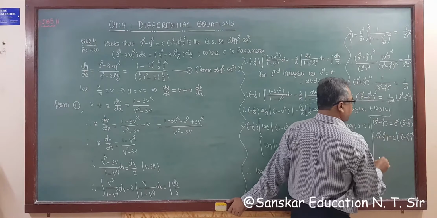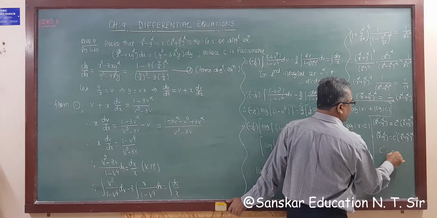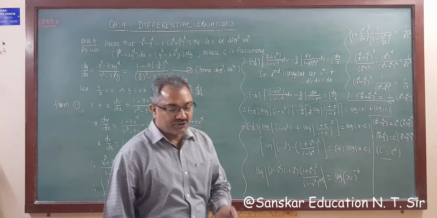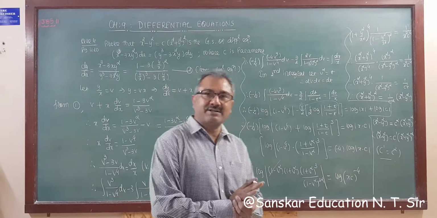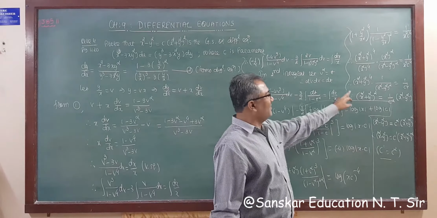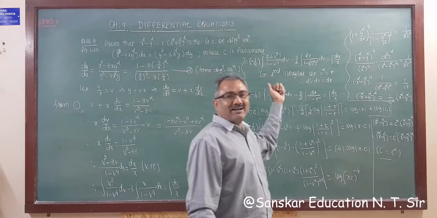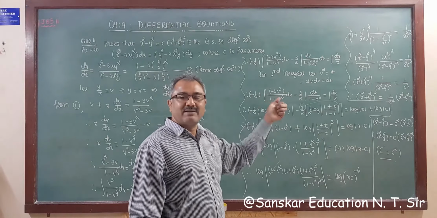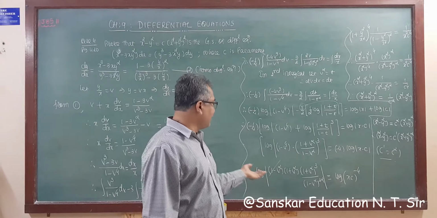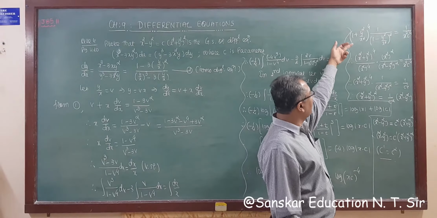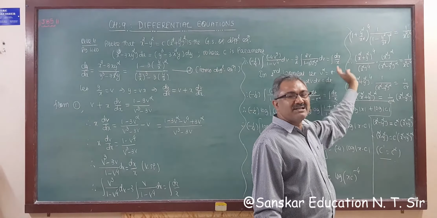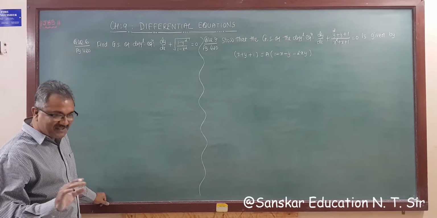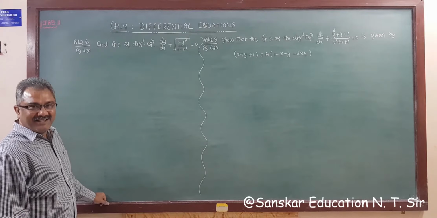I am writing here c dash, where c dash is equal to c square. So this is your answer. If it is given like that, then you have to prove it, you have to simplify to get that answer. Otherwise, this answer is also okay, but it needs to be simplified by taking the square root, after solving a big question.